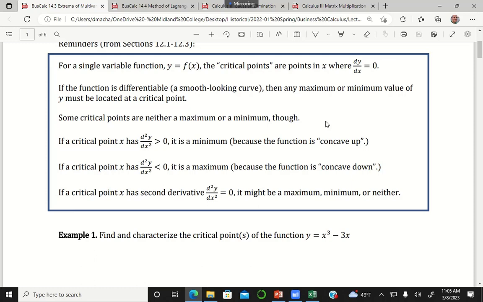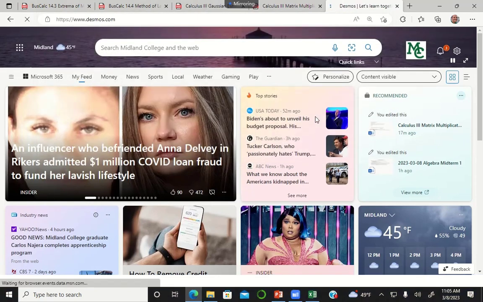But sometimes that failed, and sometimes your second derivative was equal to 0, which means there's no concavity, but it could still actually be a maximum or a minimum or neither, and you just don't know. A couple of examples I could show you for that are like,